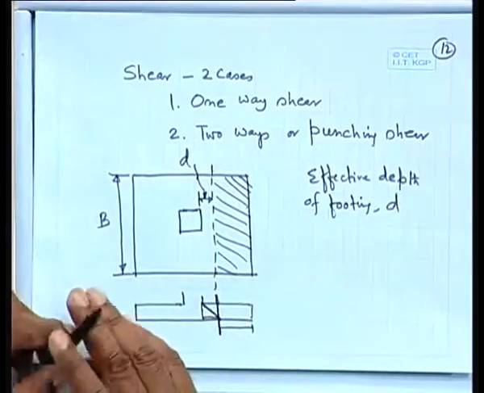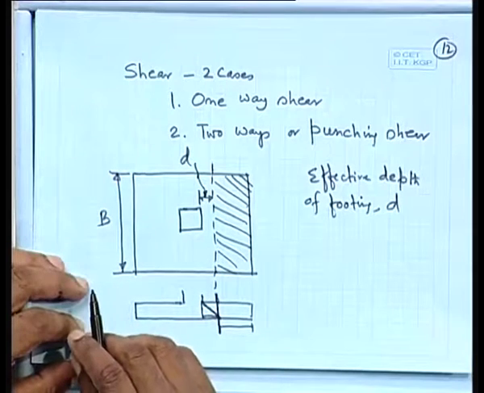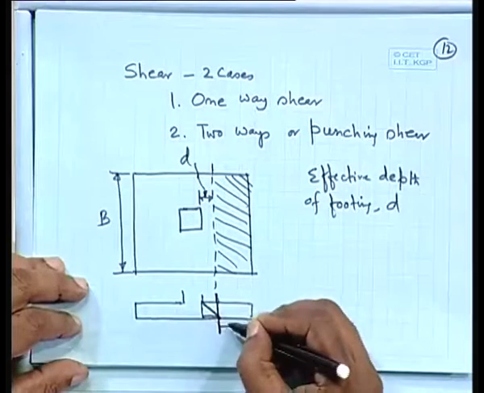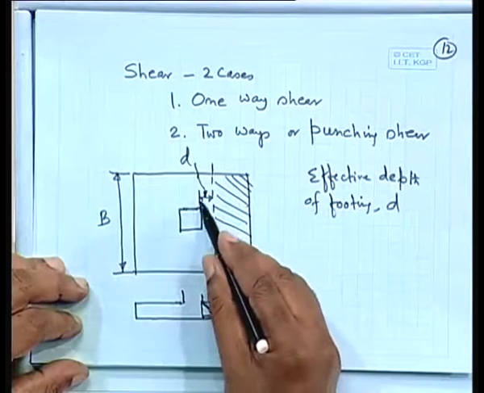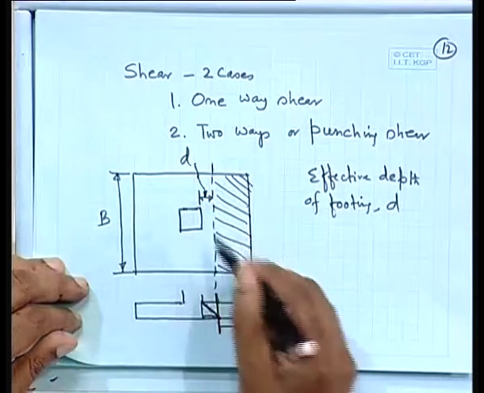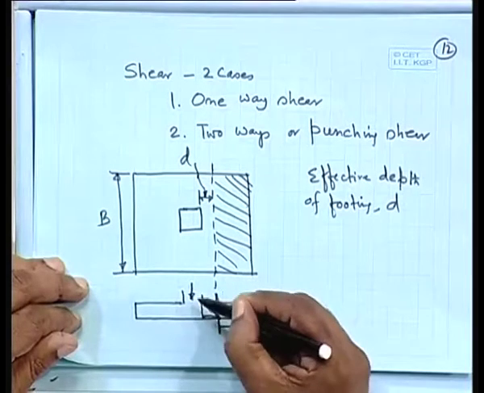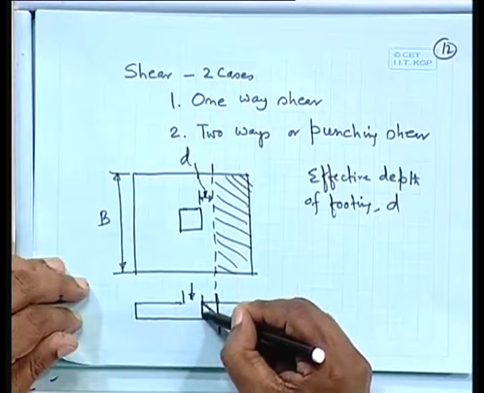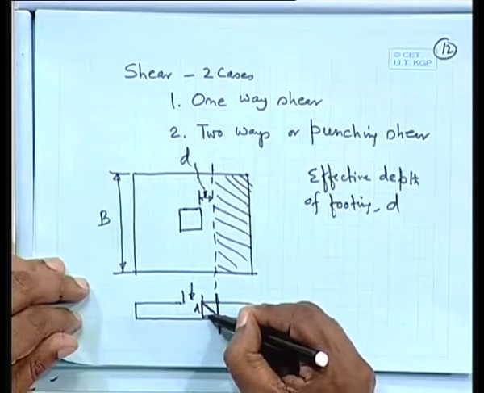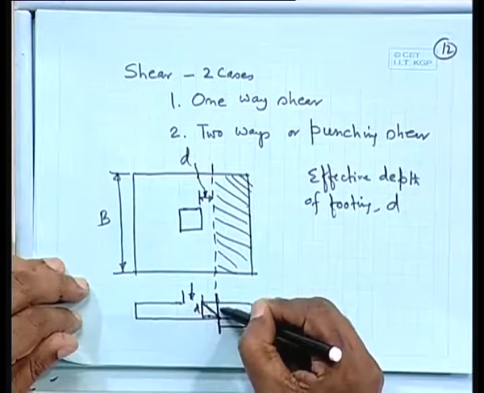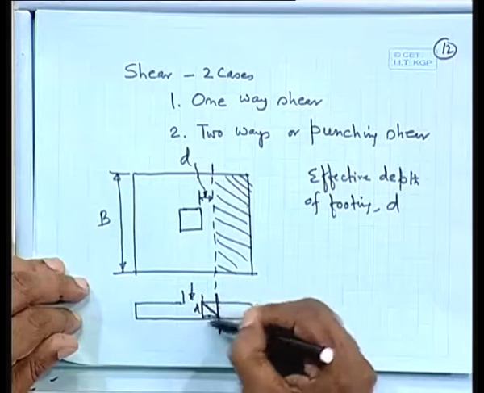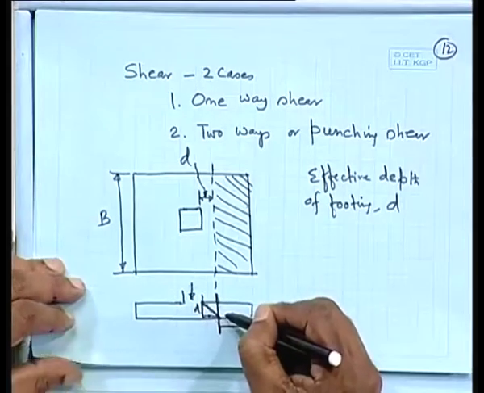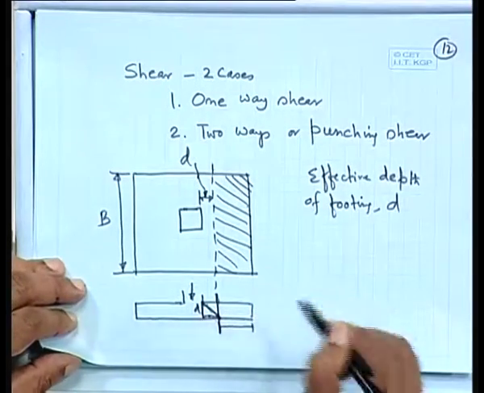Yes. So what is that hypotenuse, the last figure? This one. Yes, sir. I mean to say that since I am taking d as the distance, I can say as if this load is dispersed at 45 degrees. So if this is your d, this one also will be d. That's why I am taking it at a distance d. In the other way, I can argue that as if we are taking a section and you are having 45 degree load dispersion.